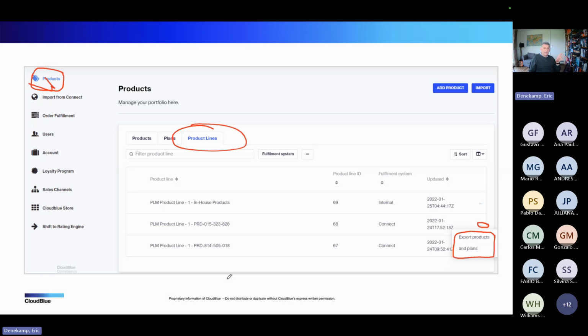So if it only has resources and the product line, it will only export the products, which means the items or the resources. If it already has plans, it will export everything that it knows about this product, everything that has been imported at some point.